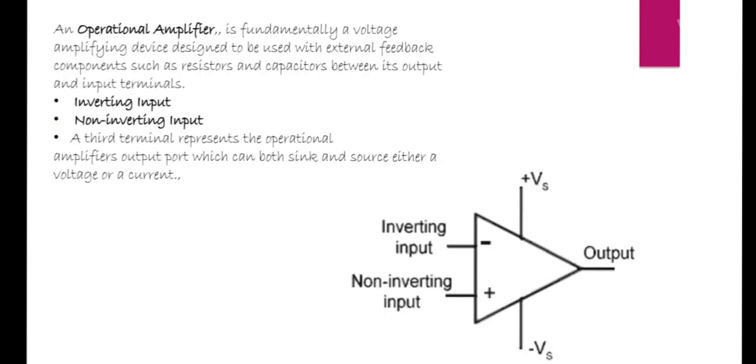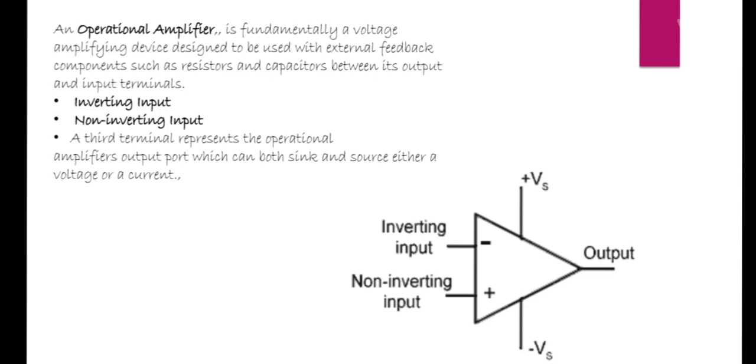An operational amplifier is fundamentally a voltage amplifying device designed to be used with external feedback components such as resistors and capacitors between its output and input terminals. These feedback components determine the resulting function or operation of the amplifier, and by virtue of the different feedback configuration, whether resistive, capacitive, or both, the amplifier can perform a variety of different operations, giving rise to its name of